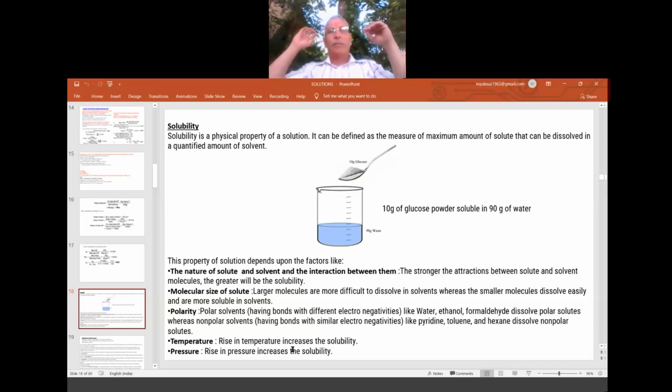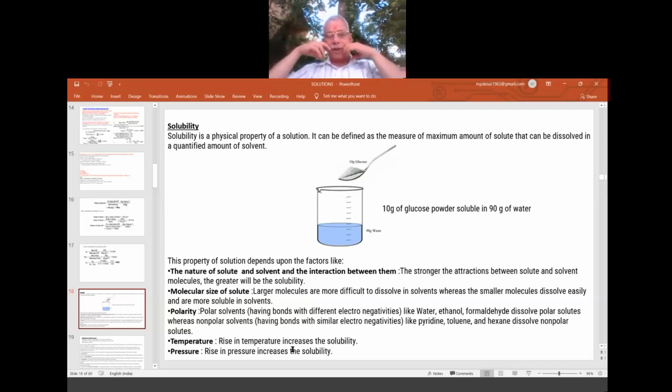While making tea, you might have experienced this. First, you put one or two tablespoonfuls of sugar to make one cup of tea. By chance, if your friend says, "I want it more sweet, Baba, please add one more spoon," you'll add it and boil. It will dissolve. Actually, 2 spoons is enough to dissolve in a glass of water to make tea. But because he wants it more sweet, one extra spoon will be added, and that is made soluble at the high temperature. We boil it. So a rise in temperature increases the solubility due to the kinetic motion.